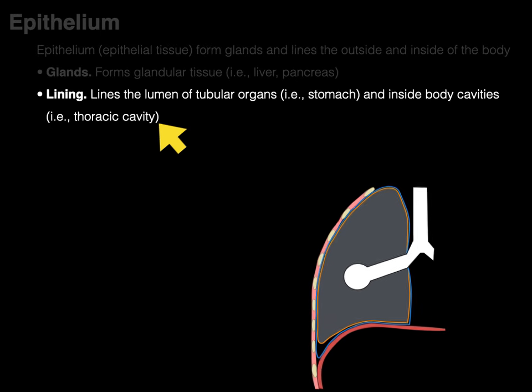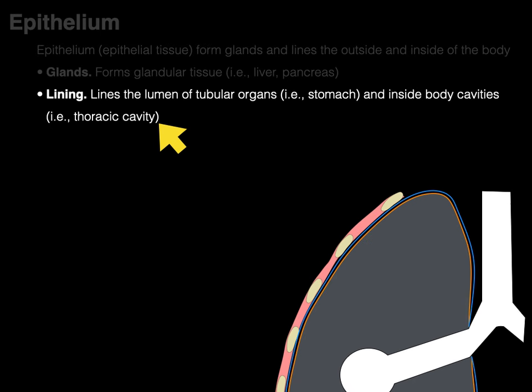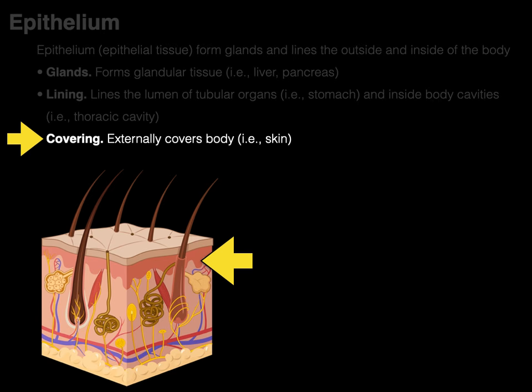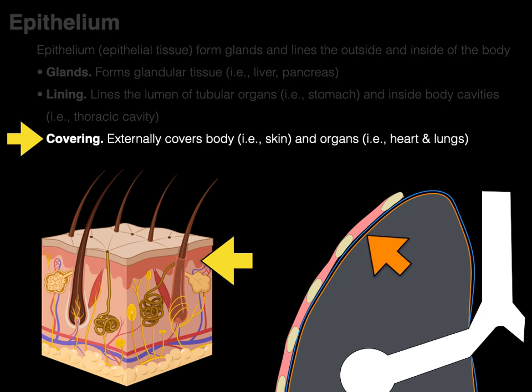cavities of the body. So like in the thoracic cavity, if we take a look at this internal surface, in blue, that's a serous membrane that lines the inside body cavities of your thorax and abdomen pelvic cavities. And also does a covering externally to the body, like your skin. So there's a skin, and that yellow arrow showing, that's the epidermis, the outside of your skin. Okay, and outside of organs. And so then orange, that's the outside lining of your lung, but also does your heart and other organs of